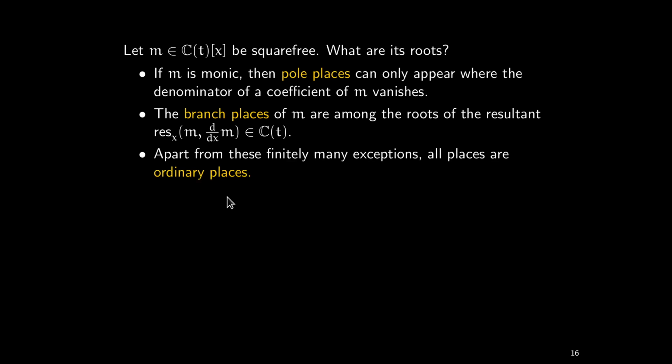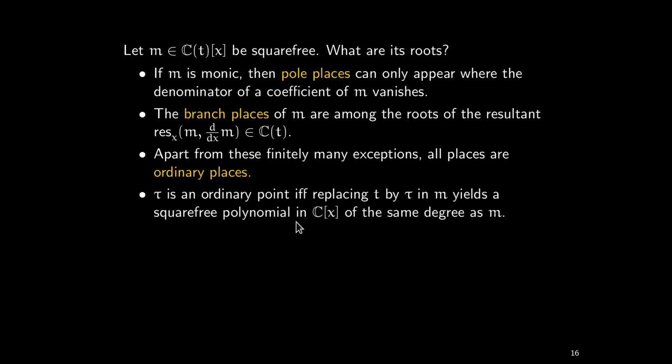So ordinary places are the ordinary case, the usual case, and the pole places are just very few, and the branch places are also just very few, and we will avoid them because they cause trouble, and we look at what happens at an ordinary place. If you understand what happens there, then that will be enough for our purpose. Of course, we can also build up a theory that explains what is happening at these places, but that should not be our business. Okay, so t is an ordinary point